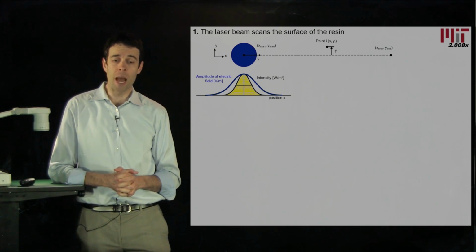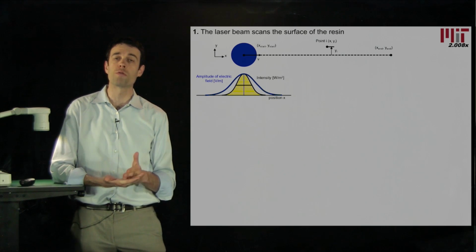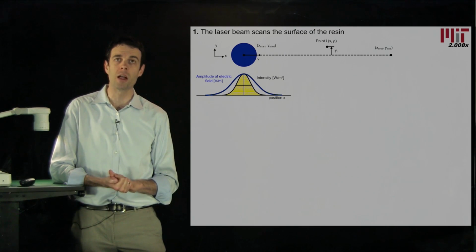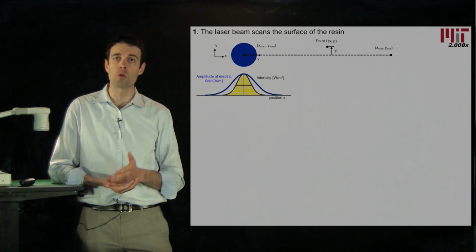You can find a great chapter in the additive manufacturing textbook by Gibson, Rosen, and Stucker that goes through the fundamentals of photopolymerization in detail. Here I highlight a few things that let us understand at a high level what limits the rate and resolution